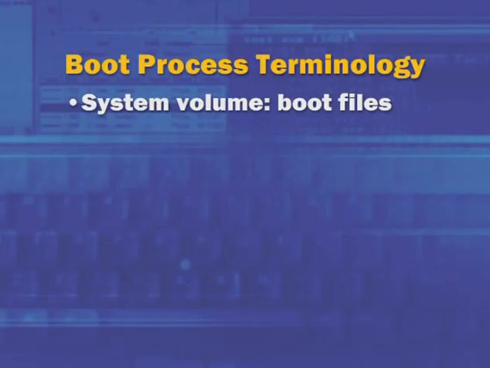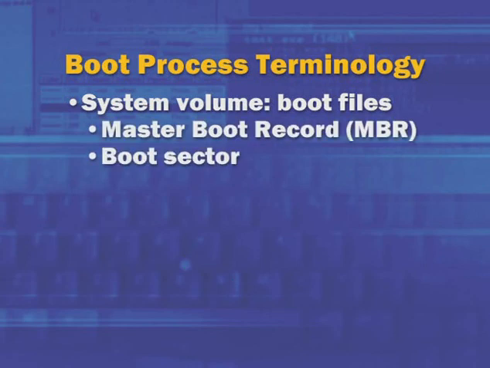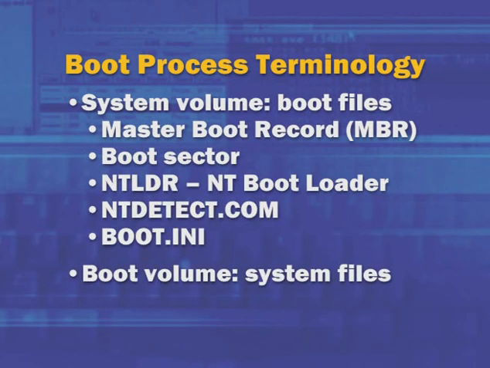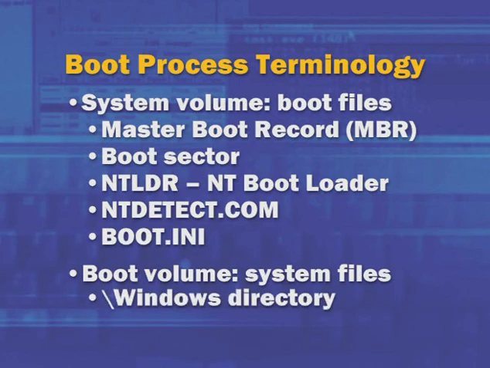The terminology I'm talking about is the description of the system volume and the boot volume that Windows uses. The system volume is the label that Windows places on the volume that includes the boot files. And boot files include things like the master boot record, boot sector, and the operating system loader, whereas the boot volume is the volume that Windows labels for the volume that contains the system files. It's where the Windows directory is located and the associated files underneath there, like the operating system image and system DLLs and executables. So really, the system volume contains boot files, the boot volume contains system files, the complete opposite of what you would really expect sane terminology to dictate.